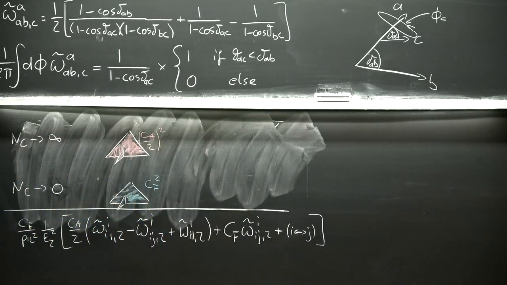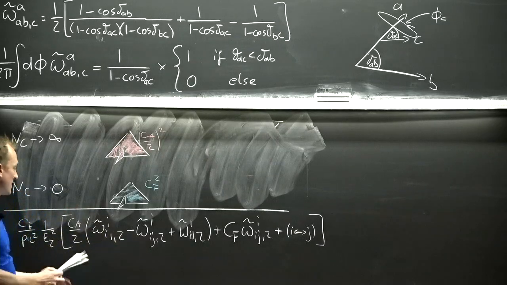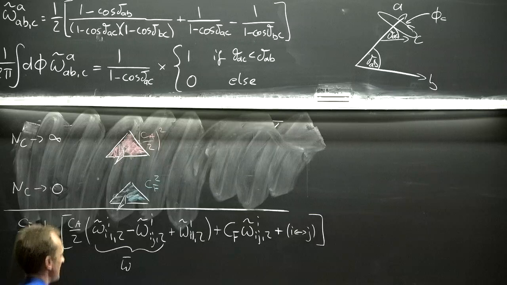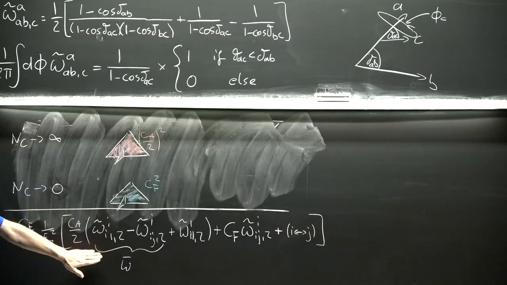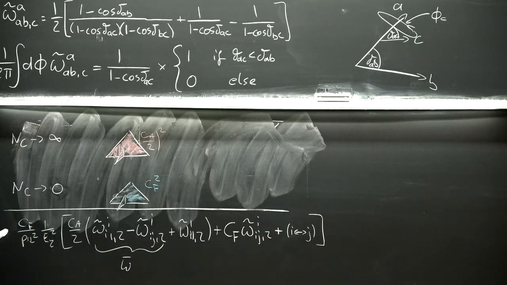Okay, so the reason why we have done this is because we want to somehow get rid of minus signs. And the most convenient way to get rid of minus signs is to combine these two functions into one, which we can call W bar. And it turns out that this function is suppressed in the collinear limit. This is single soft. That means it contributes only in the wide angle soft region. Okay? Now, once I know that when I smoothly integrate this function,